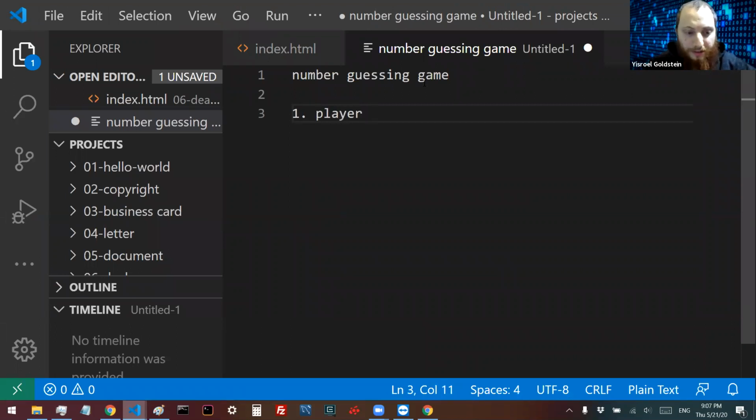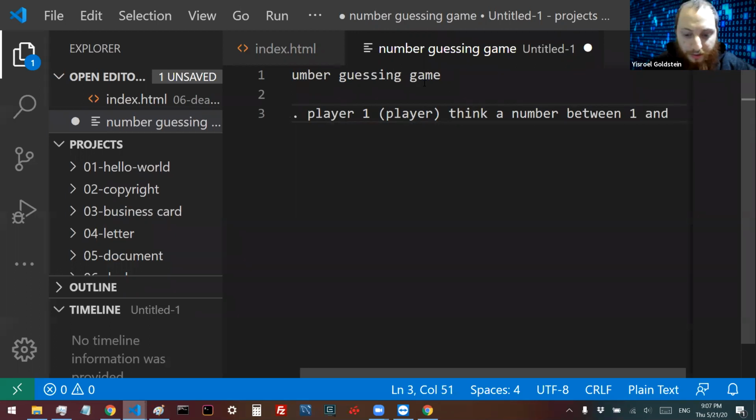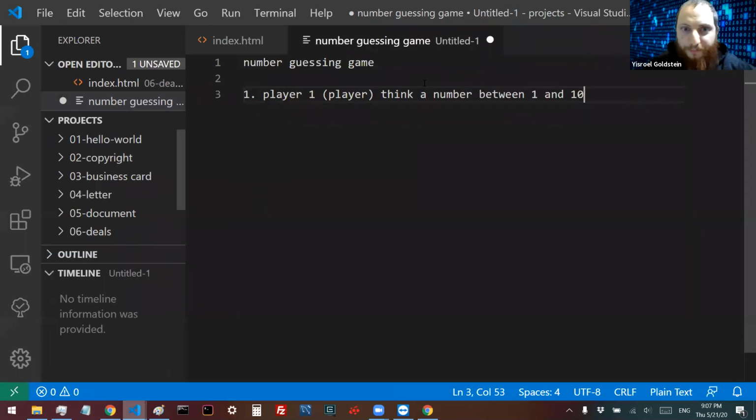Player 1, which we will call the player, thinks of a number between 1 and 10. Step 2. Player 2, who is the guesser,